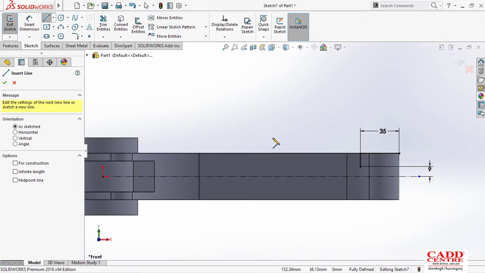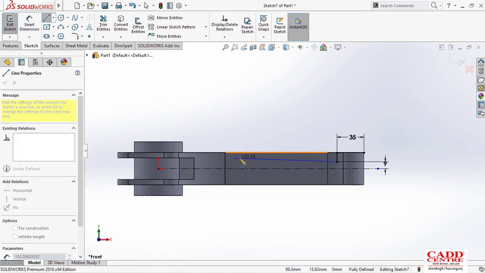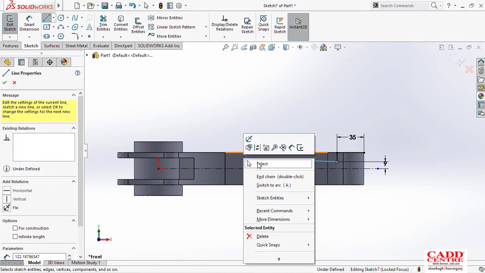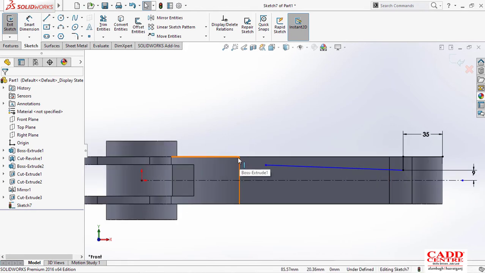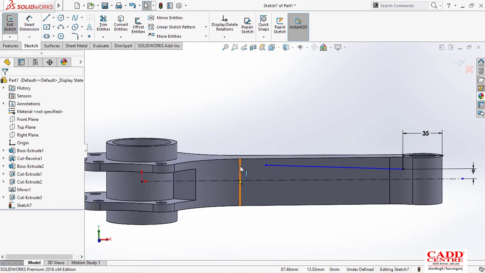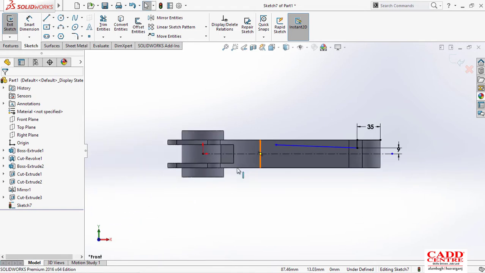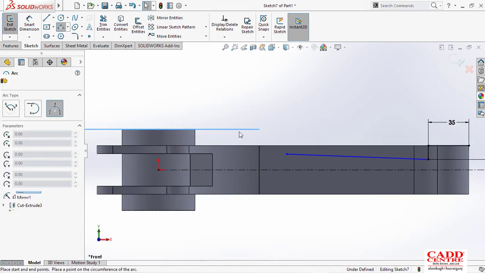Just draw some random line like this, release it, and this one is your sketch where it is cut. Because if you want to see the extrude cut which we have given, and where the sketch belongs. So this is the end point where we have to draw the line.